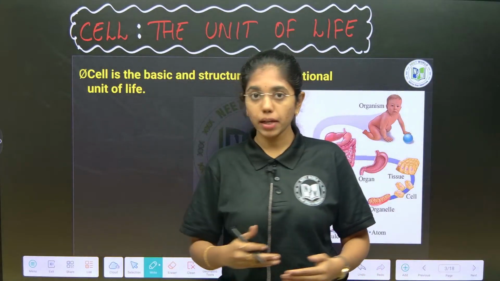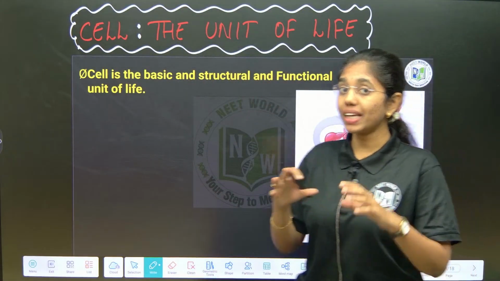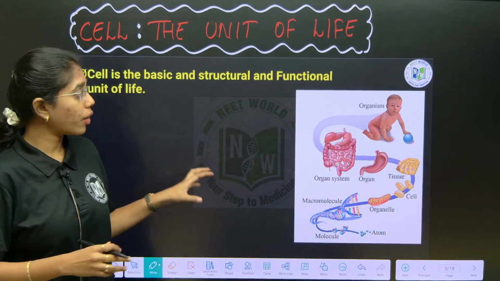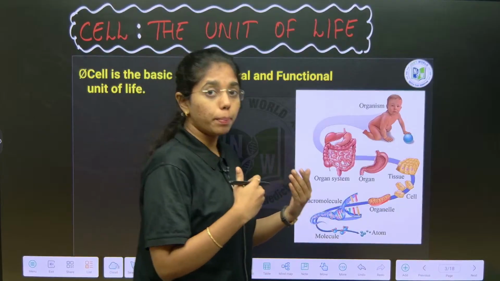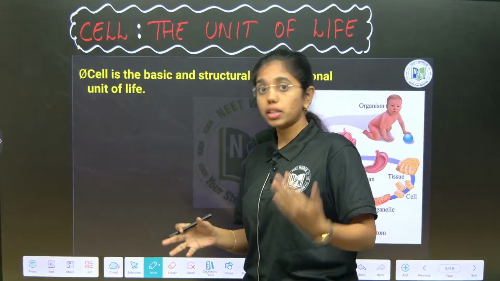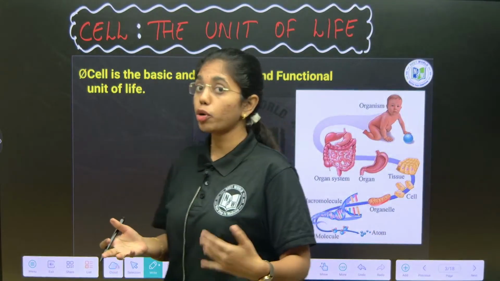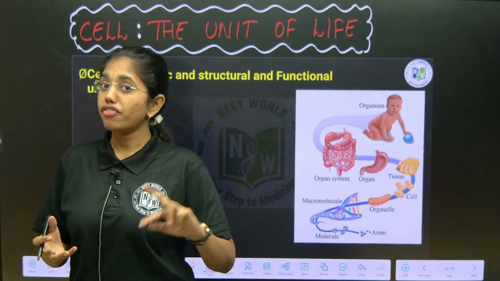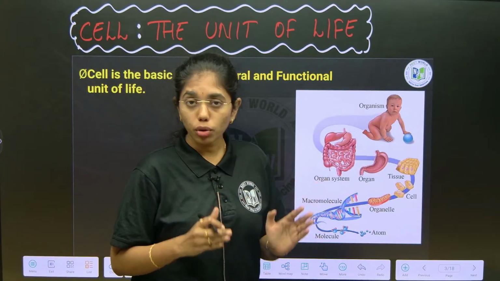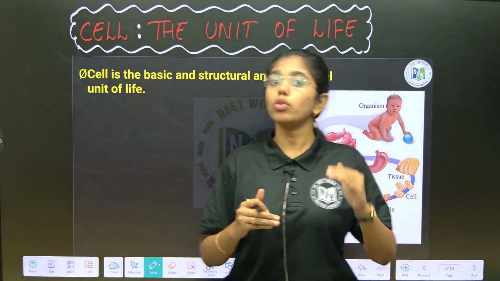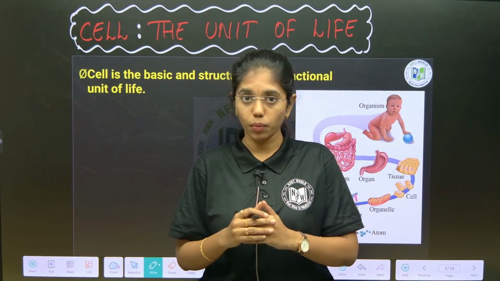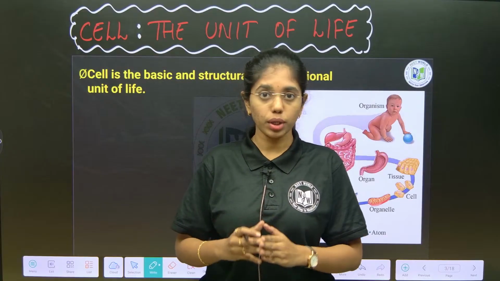Yes, in our previous class we dealt with the complete framework of the chapter Cell the Unit of Life. Today we are going to cover the beginnings of this chapter: cell discoveries, cell theory, exceptions of cell theory, prokaryotic cell in detail, differences between prokaryotic cell and eukaryotic cell, and then plant cell and animal cell in detail, after which we are going to learn about the cell wall. This is what we are going to learn today.